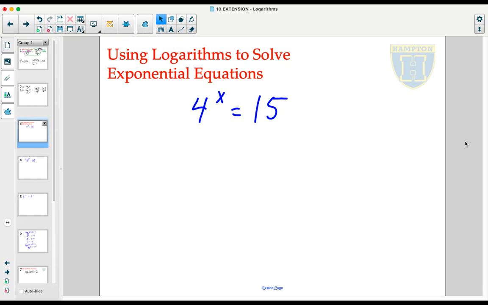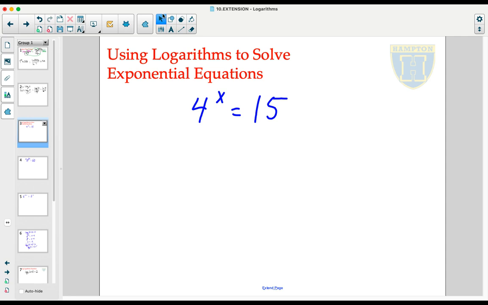As the inverse operation for the exponential, a logarithm can help us solve exponential equations. We begin with an equation like this that clearly does not have a whole number answer. There's no power of 4 that gets us directly to 15. We suspect that the answer will be close to 2 because 4 squared is 16, but we're not positive exactly where that answer is. This is where a logarithm comes in and can be helpful because we understand the logarithm